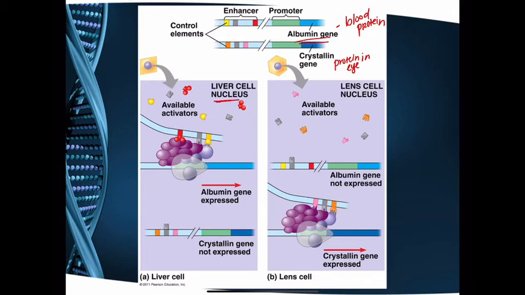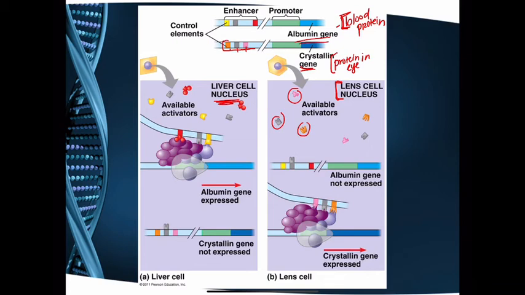So here's a liver cell, okay? So that's going to be relating to the blood. And then here's the lens cell. So that one's going to be relating to the eye. So the activators that are present in the lens cell, the orange, the gray, and the pink, are going to cause the synthesis of the crystalline gene because those activators are present. And so it's going to allow the transcription factors to bind and the control elements to bind and everything to